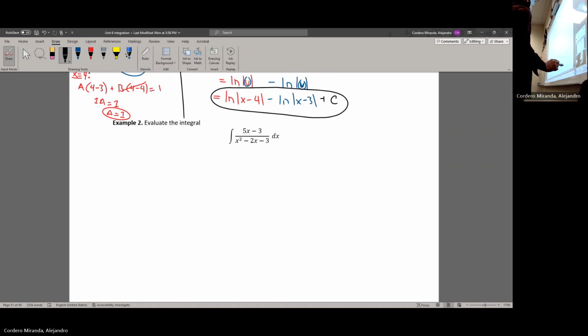Okay. So again, integral of a fraction, see if the bottom factors. If it does, then partial fractions is going to work. Well, yes, it will, if it factors into unique factors. Had it factored with two factors of the same type, that's a more fancy type of partial fractions,